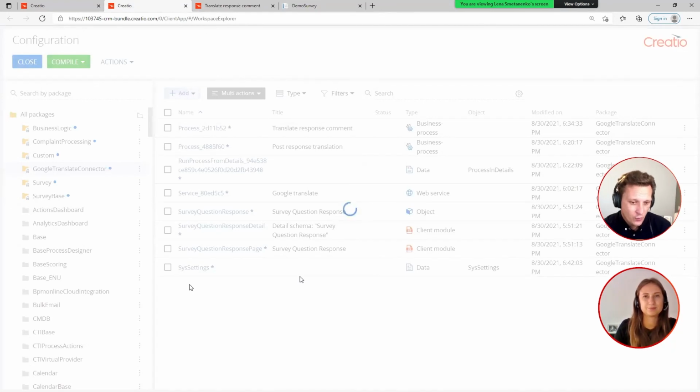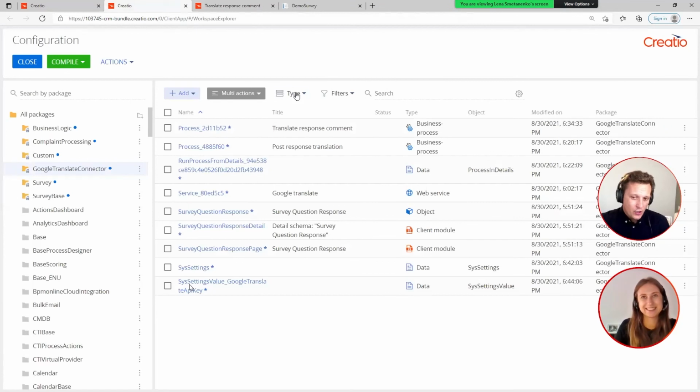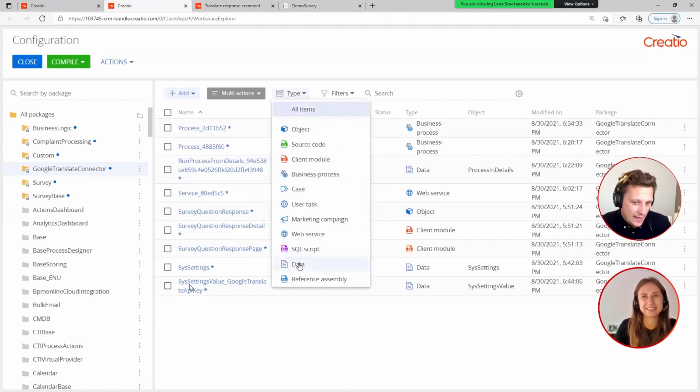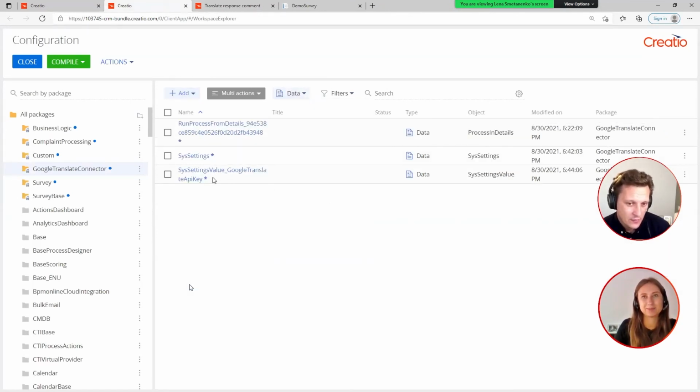And so what you're seeing, once we save it, is your system setting, the last row right now. Or you can filter it. So what you're seeing is that it says sys settings. What's in there? Who knows? I have no idea what's in there. However, if you look at the next line, it says syssetting value Google Translate API key. Well, that's pretty self-explanatory. So if I know that, I go into my system settings and I change this value,